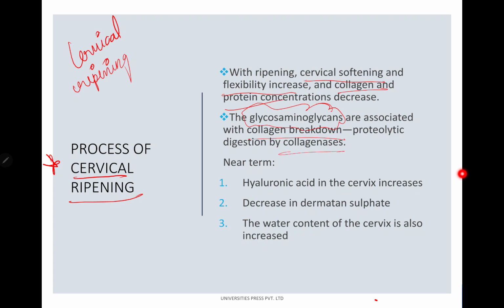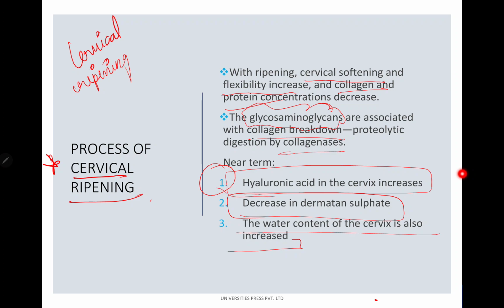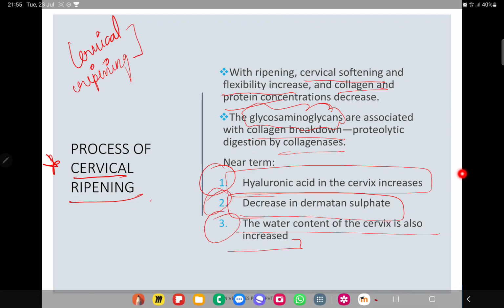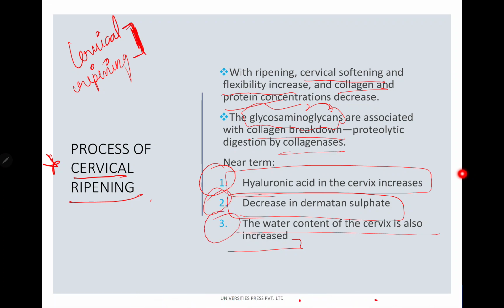Hyaluronic acid in the cervix increases. There is a decrease in dermatan sulfate. The water content of the cervix is also increased. These are the only three things that you need to remember. So how do you say that the cervix is ripened? Or what do you mean by cervical ripening? Cervical ripening simply means that